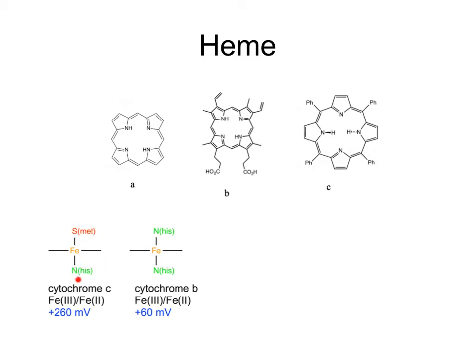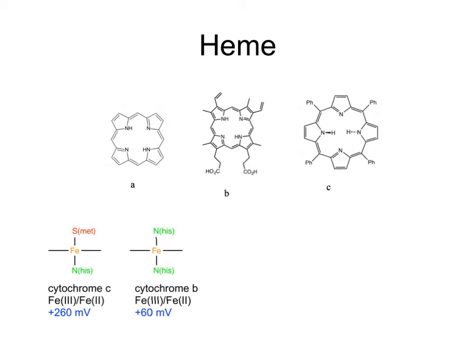So this is a methionine and a histidine. This is what's found in cytochrome C. And then if you have 2 histidines, that's what's found in cytochrome B. The axial ligands actually can change the redox potential pretty substantially, as well as the protein environment that's present surrounding the iron center. Hemoglobin is another protein that contains a heme group. In that structure, one of the axial ligands is missing. That's where the oxygen binds. We'll talk more about oxygen transfer in the next lecture